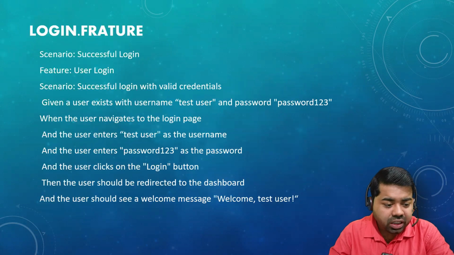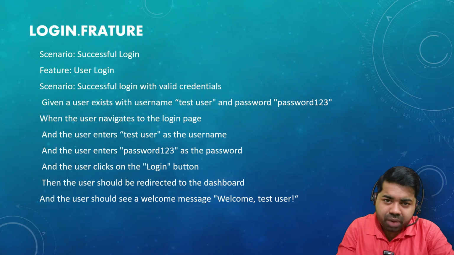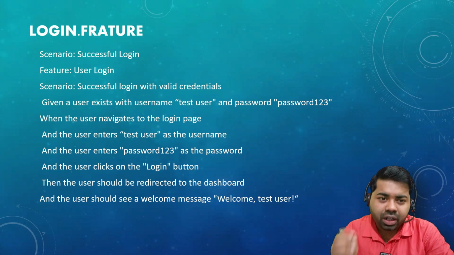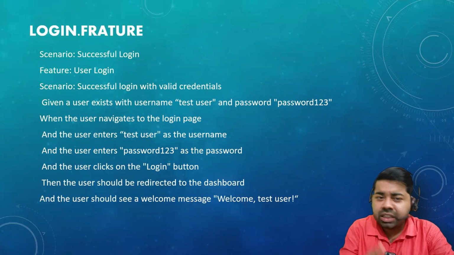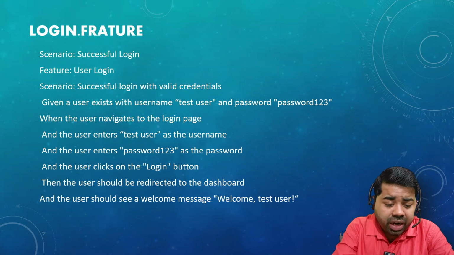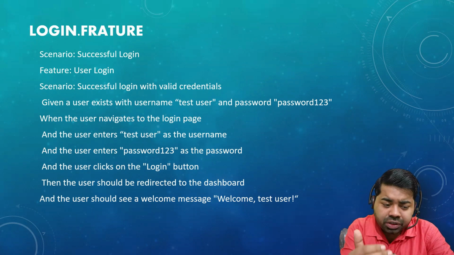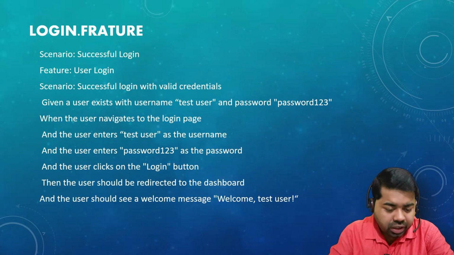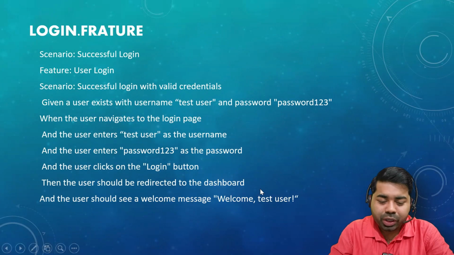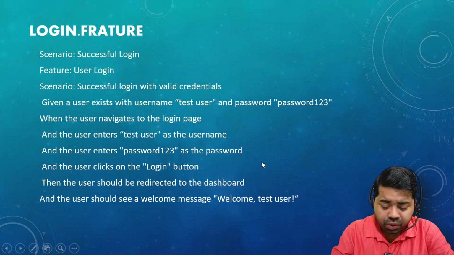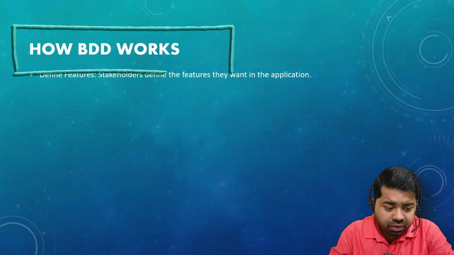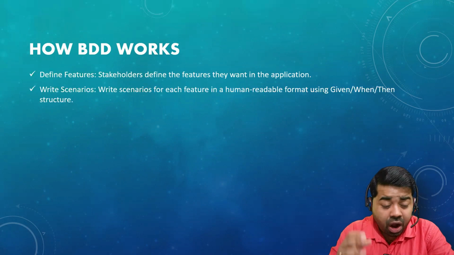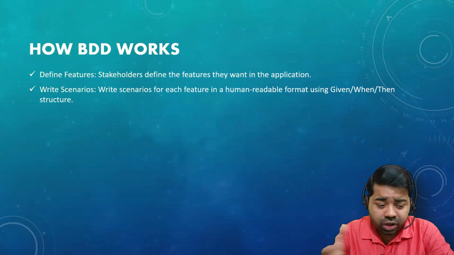If you are already practicing Cucumber, you already know how to write the feature file. When we write the scenario in a feature file, you can see it is plain English text. We are not writing any code here, so this document can be shared with anyone. In this video I'm not going to explore how to write the feature file; many tutorials are available, and in coming sessions I will also upload Cucumber videos.